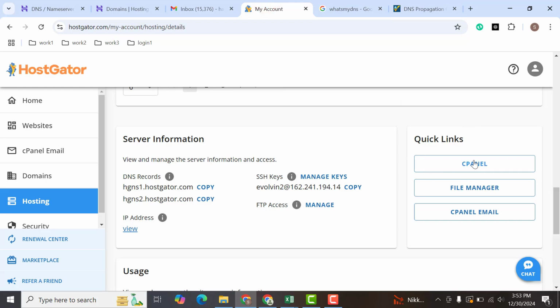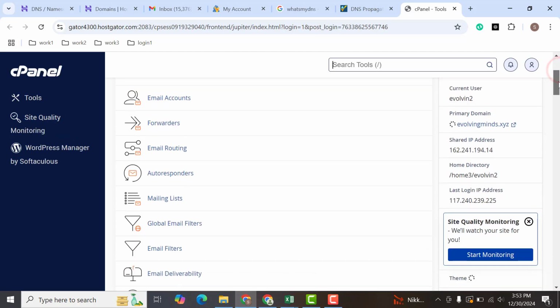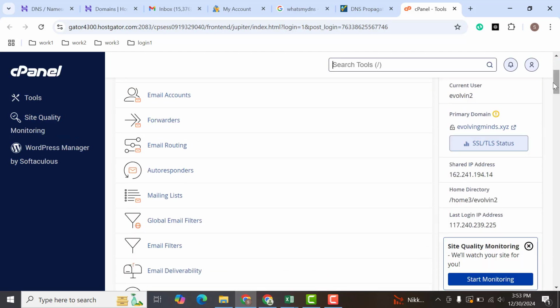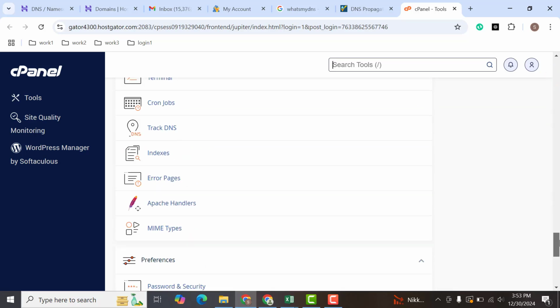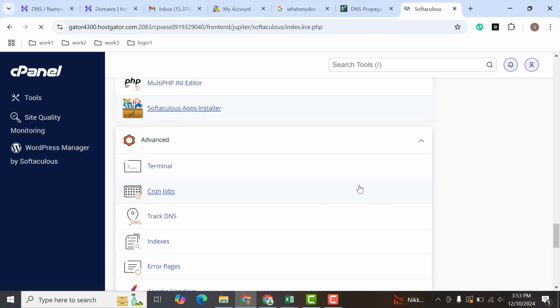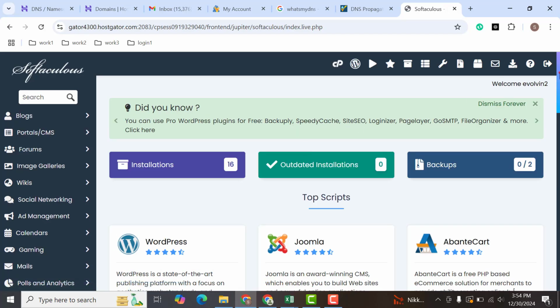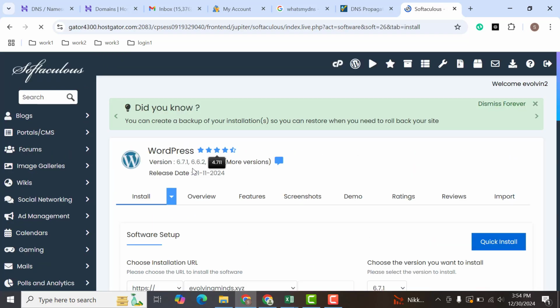After that, the next step will be you need to click on cPanel button in your hosting package. Then scroll down, and on this cPanel I have multiple domains, so let me scroll down and install WordPress. So you will find out app installer, and after that scroll down, click WordPress button,